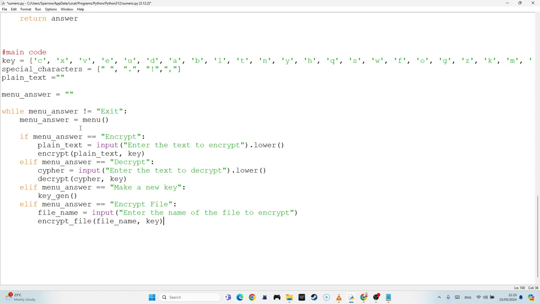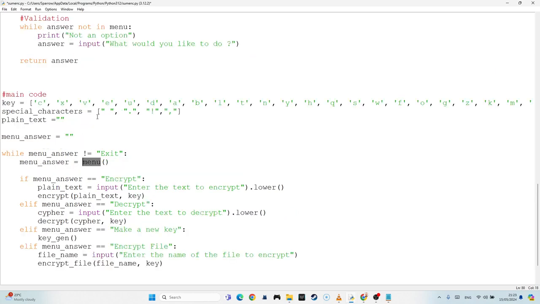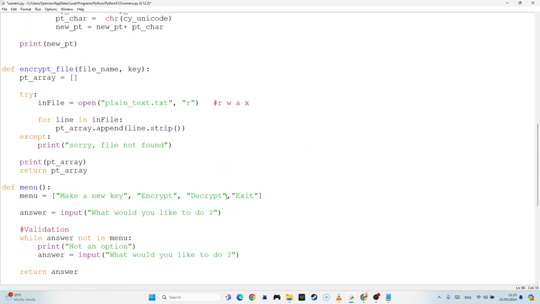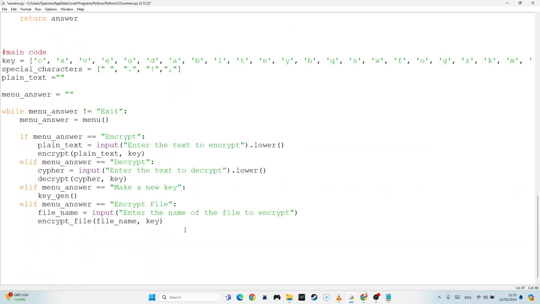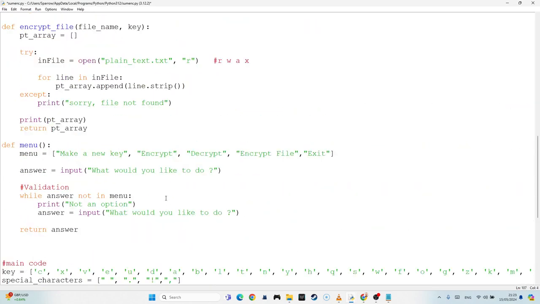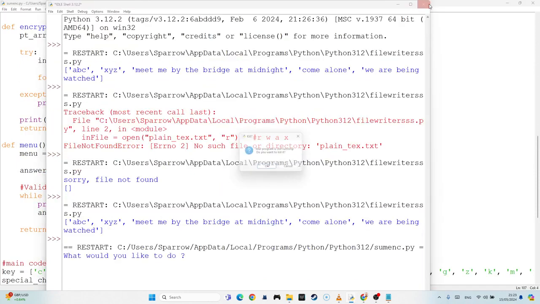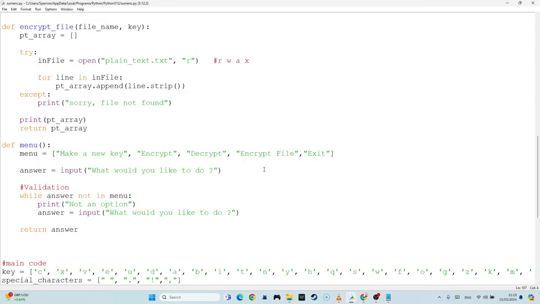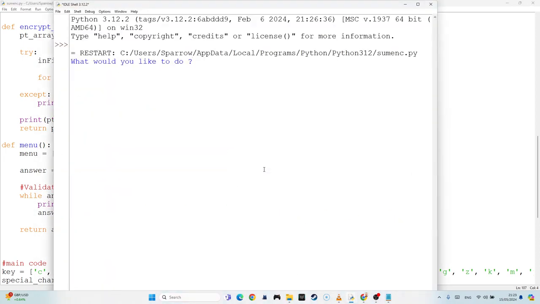Now, I also have to update my menu to make sure that encrypt file is one of the options that is available. So remember, we made this before, and this was just a way to validate that we'd entered something sensible. Okay, so let's check and see. Again, we've not encrypted anything yet, so let's just actually see if our code is working so far. It's good to test stuff as we go along. What would you like to do? Encrypt the file. Name of the file, plain